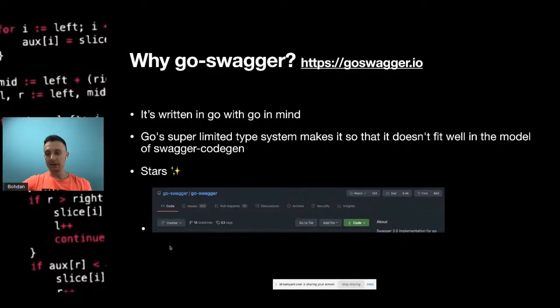Honestly, this project had the most stars on GitHub, more than 6K stars. Second of all, it was written in Go, with Go in mind, and the code generated by Go Swagger was the best code, more suitable and formally better than what other generators were producing.